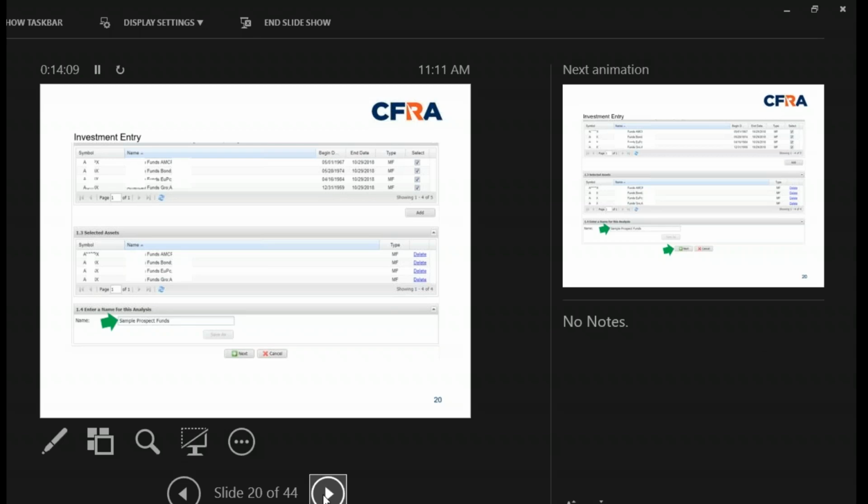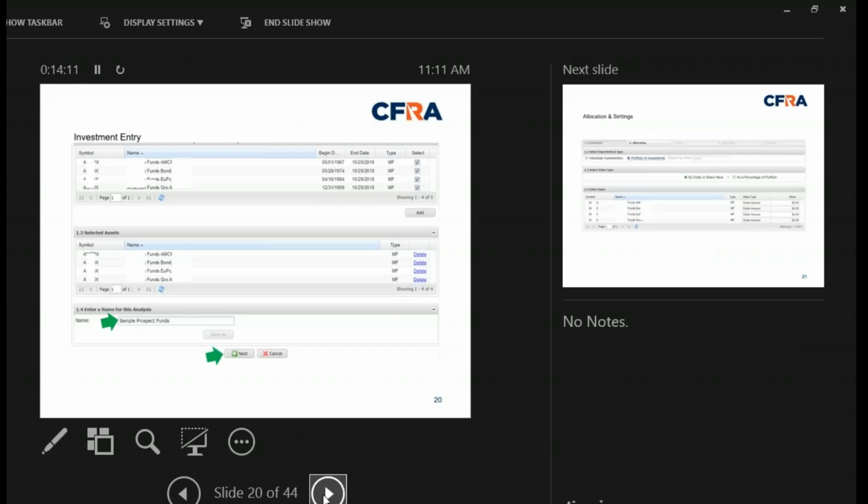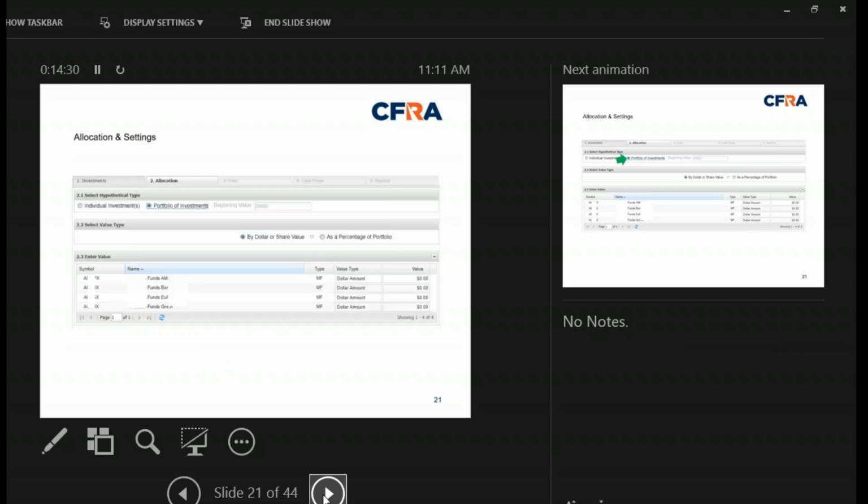Within our system, anytime you want to save or anytime you want to move to the next page, you can simply hit next or the tab at the very top. If you do hit next or back, it will automatically save. If you utilize the tabs, any new information they will ask you to save. If you have not changed any information, it will automatically move you to the next tab. In this particular instance, we're going to go to the allocations page.